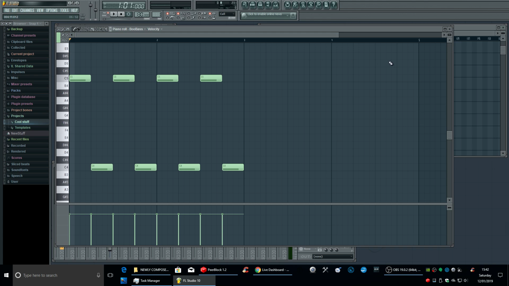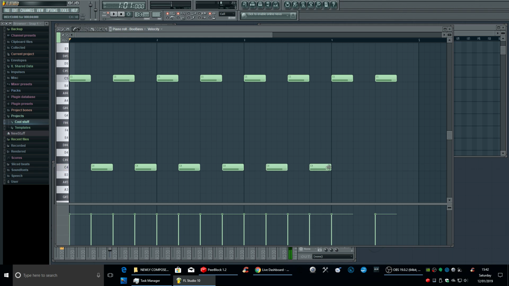You've got 4 bars, so you keep on clicking them in. And as we play it, it'll sound like this.